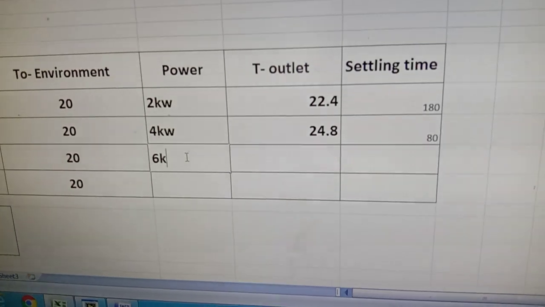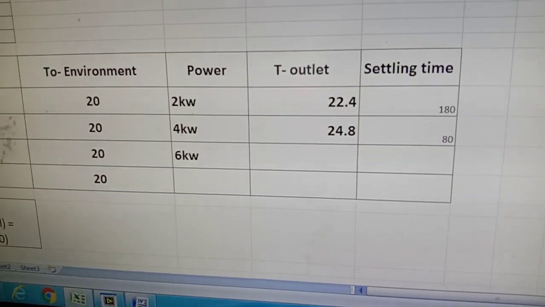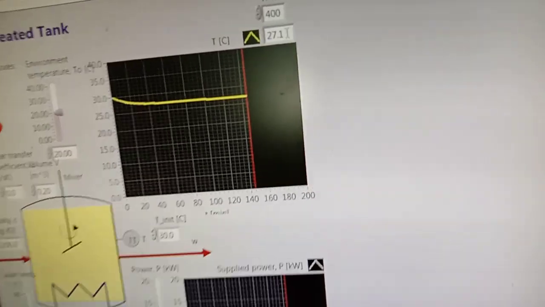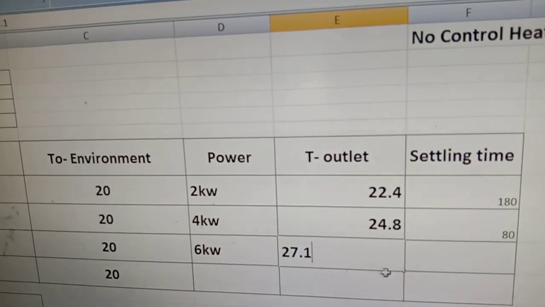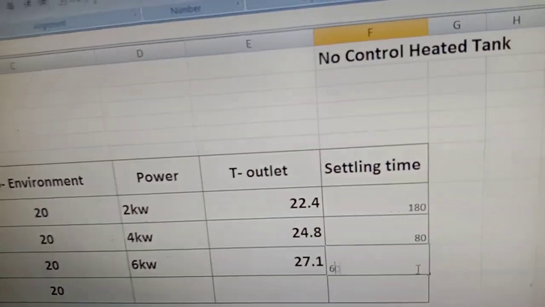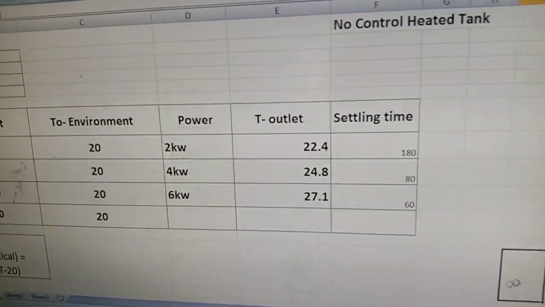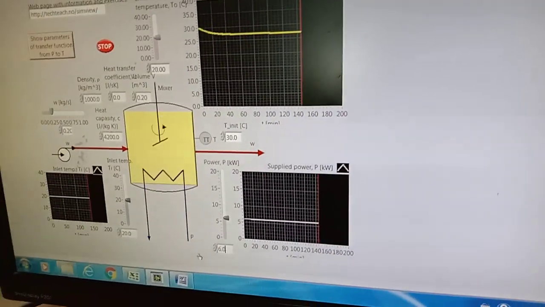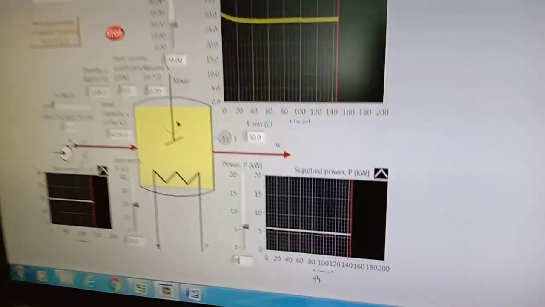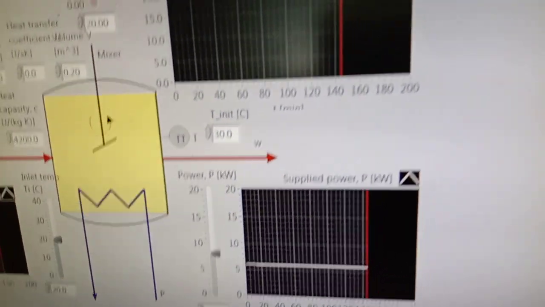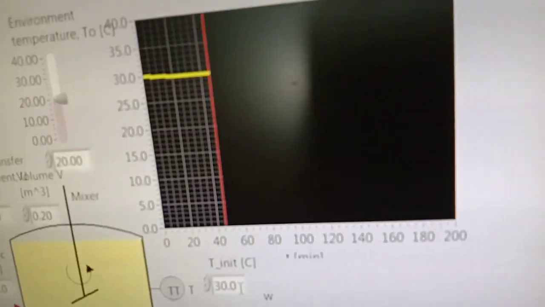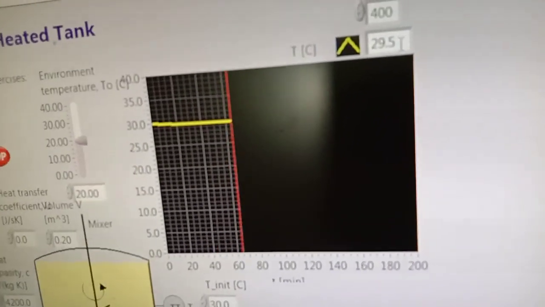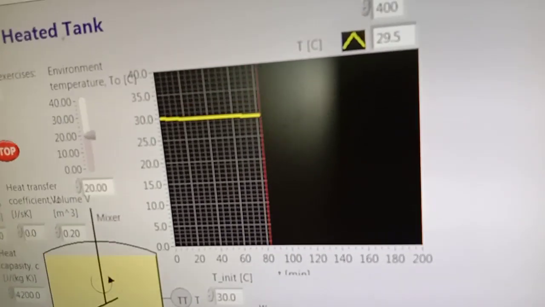So now I increase the power to 6 kilowatts, and the output temperature I got was 27.1 degrees Celsius, and the time it took was 60 minutes. Now if I go to the next higher power, that is 8 kilowatts, and run this, you can see that my required temperature is 30 degrees Celsius, and the temperature I am getting by using this 8 kilowatt power source is around